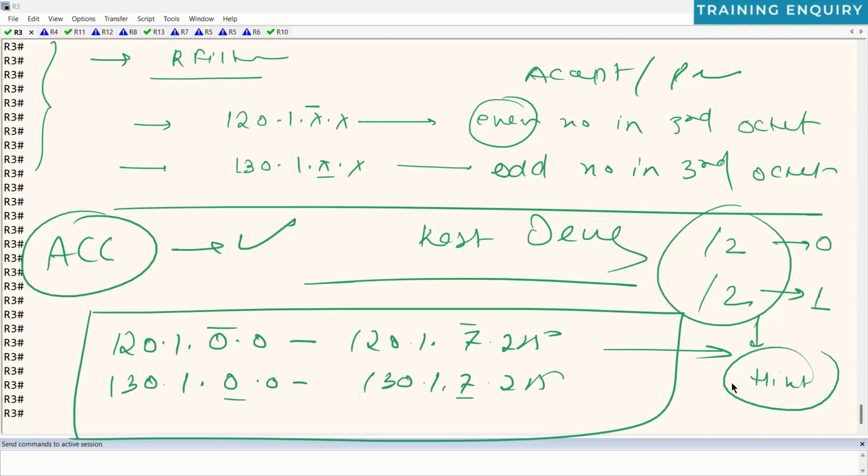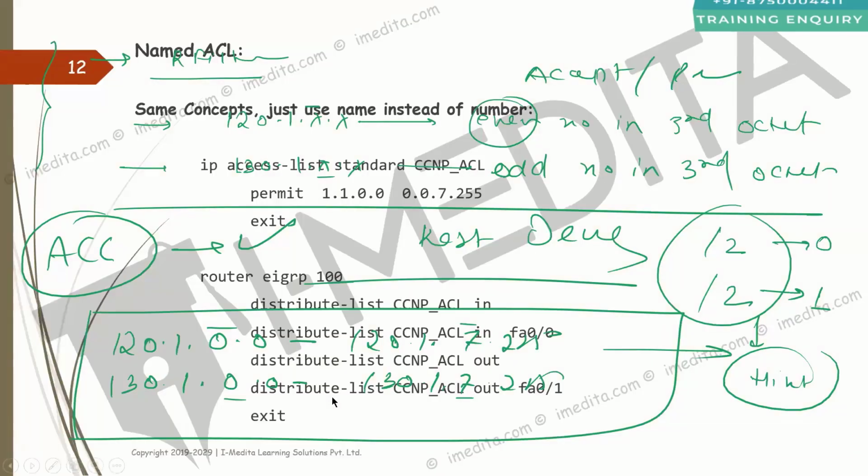So this completes route filtering with the help of the access control list. The limitation of the access control list is that the only thing that we can match on is the prefix itself. We can match the range only. But maybe in my routing table, we have prefixes of different CIDR, and we want to match the prefixes, block the prefixes, allow the prefixes based on CIDR. That cannot be done with the help of the ACL. That will be done